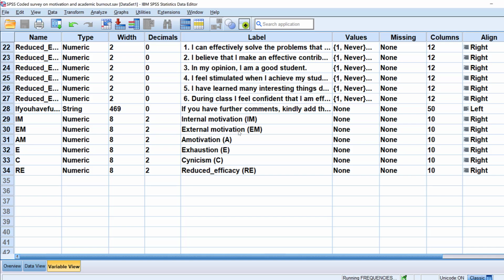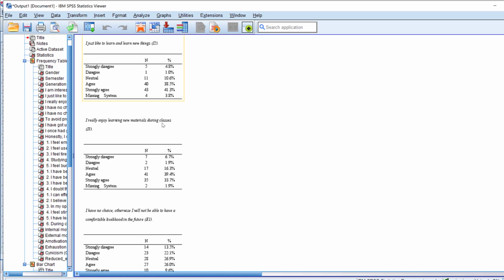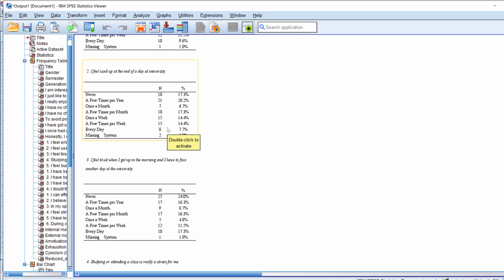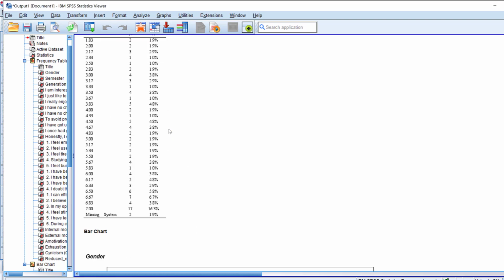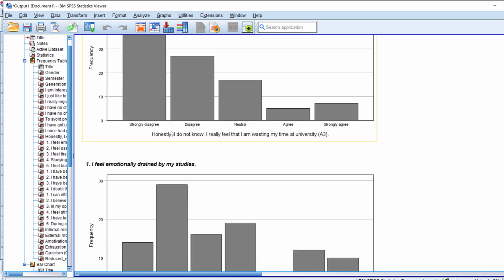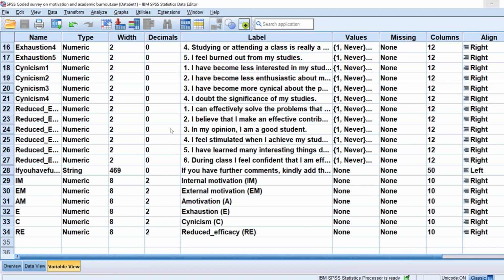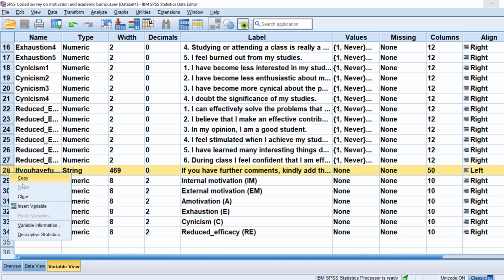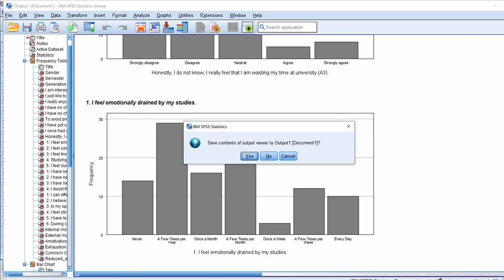So here I'm just doing basic descriptive statistics, especially frequencies and percentages, to check. It seems that all of them are okay by screening. It seems that there is an open-ended question that I just observed, which is this one. I need to remove it, this one. So I will just clear this one, save the data again, close it, go back to SmartPLS,